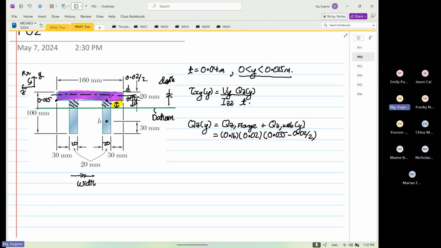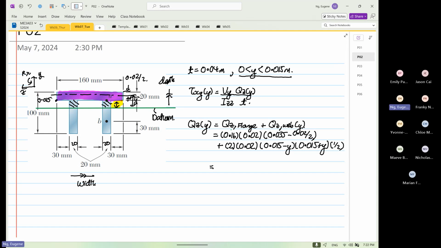Next, we are going to do the web, right? So we have the width, okay. So twice is the left and right. Thickness is equal to 0.02. And then the limits again is very easy. The maximum distance in that range minus y multiplied by 0.015 plus y and then multiply by half. Okay. So from here, this will be equal to 0.0